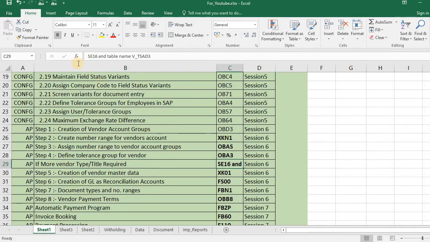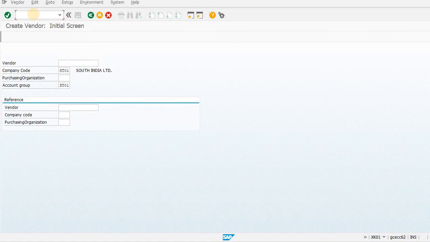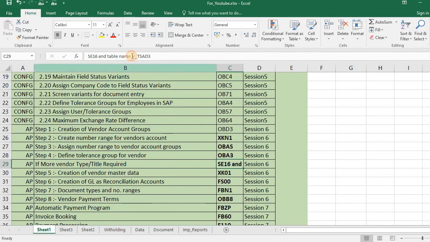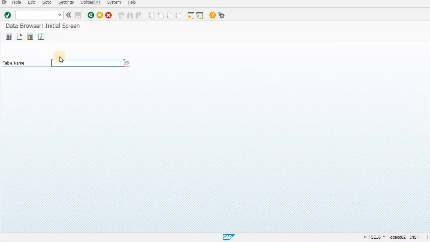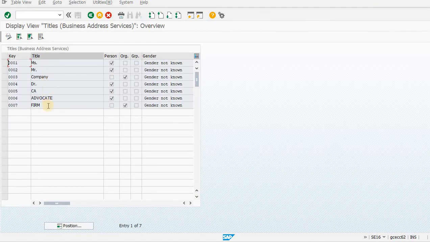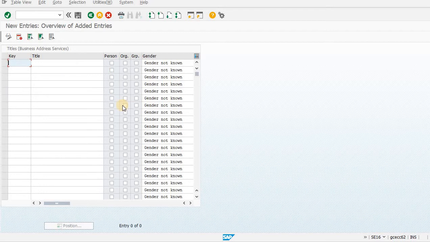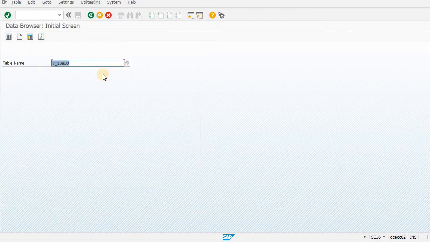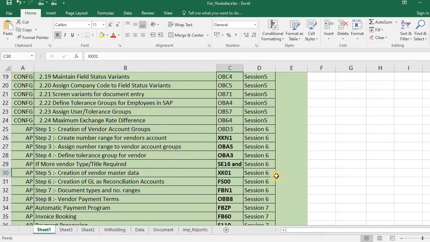You have to use SC16. Then you select the table VT and enter. These are the title codes which come in master data. If you want to create more, click on this and you can add more over there. But I think that is enough for us.